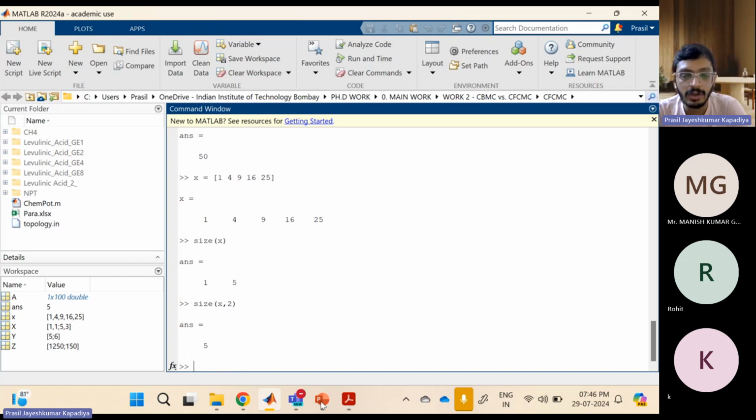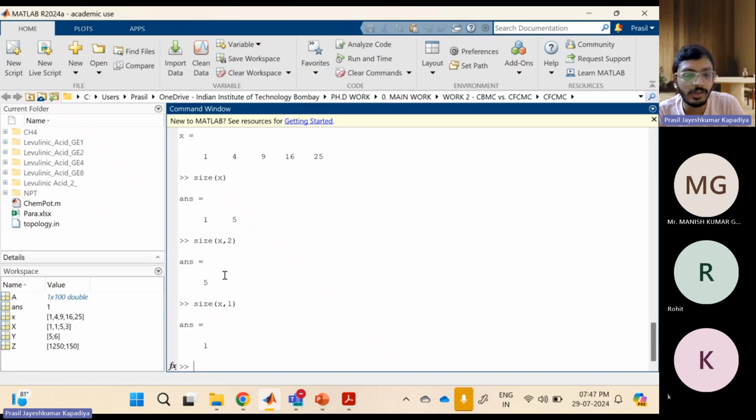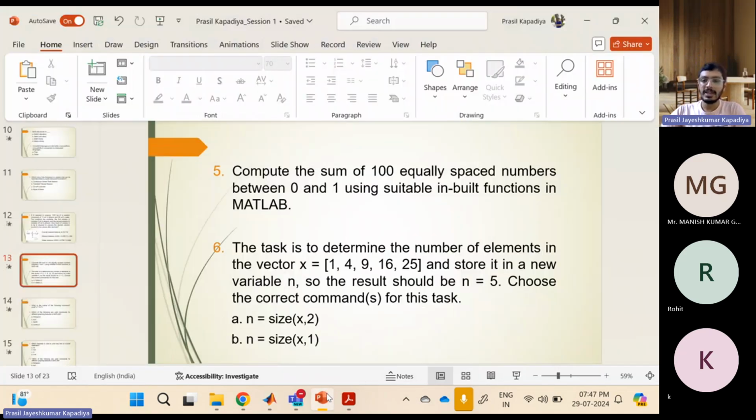Let's say if we were told that the answer should be 1, I would write 1. So what should the answer be here? I want the column count. So n is equal to 5. I will be doing this size X comma 2, the way we did, to get 5. Is this clear? Guys, please respond. I'm not understanding if you are